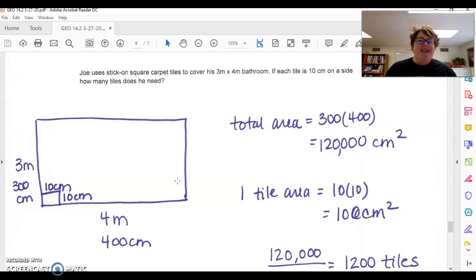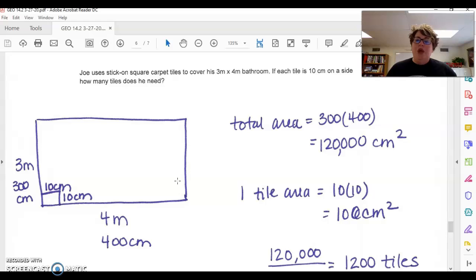So first of all, you want to get everything into the same measurement. Because you want to know how many tiles are in centimeters, you want to take everything to centimeters. So 3 meters is equivalent to 300 centimeters. 4 meters is equivalent to 400 centimeters. So frog hop twice to the right. So to find your total area of the bathroom, you have your 300 times 400, so it's 120,000 centimeters